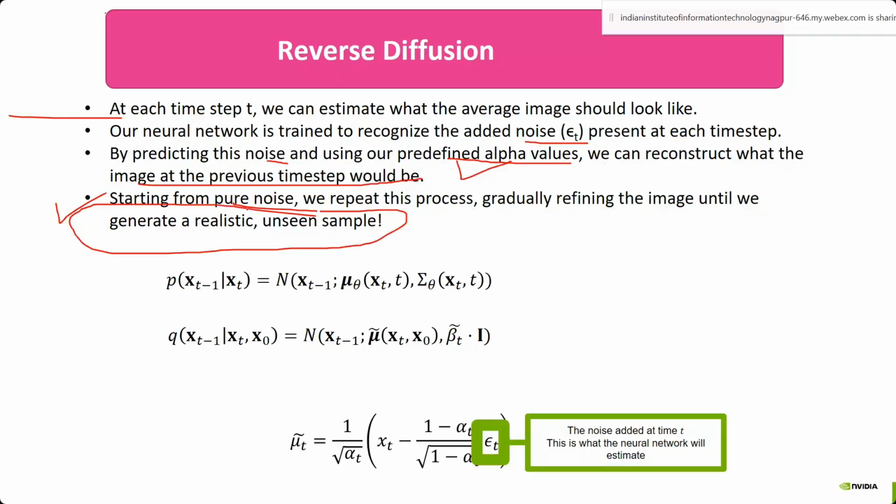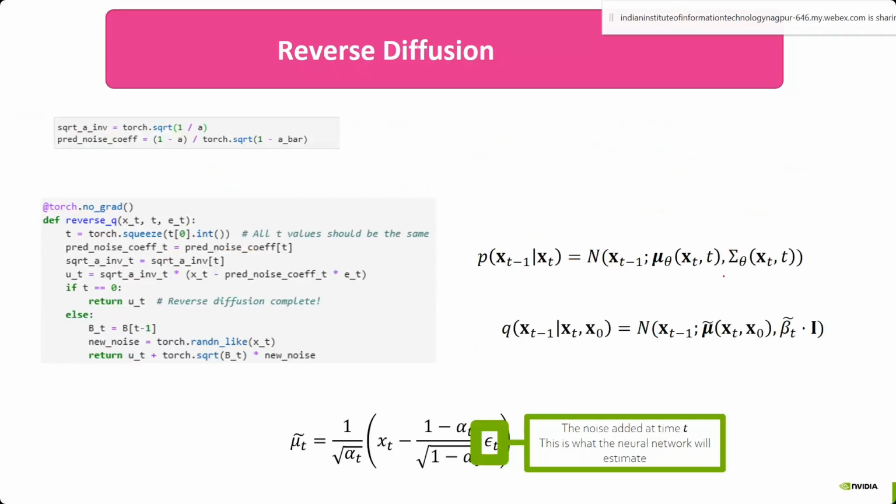What the reverse diffusion process will do is predict the noise at the time step and remove that noise. Again it will predict the noise, and again remove it. Like that it goes on removing the noise from the noisy sample until you are left with the unseen, generated sample. So this is how your reverse diffusion process will look.